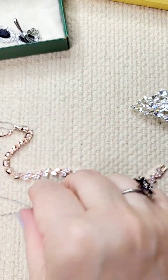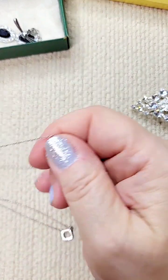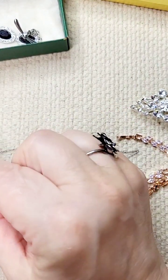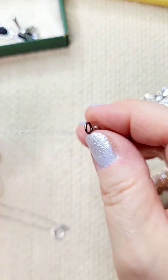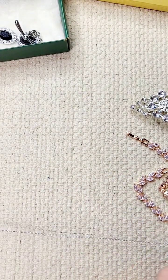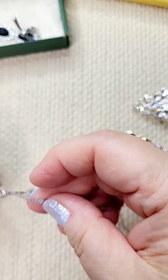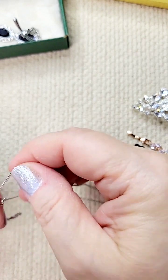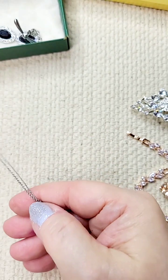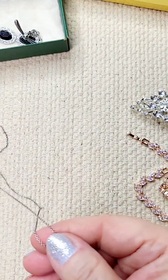All right, we seem to have a little bit of tanglage here. I kind of am in between whether I should do this on camera or get everything untangled first and then show the pieces. I think there's more excitement doing it this way together. This appears to be two separate necklaces that are tangled, but I'll just show. And these may be silver. These may be the sterling silver ones. I'll check